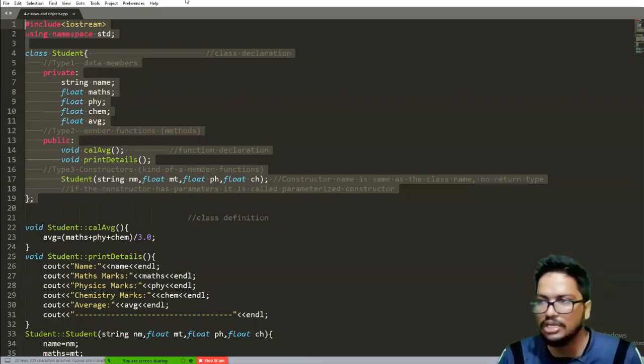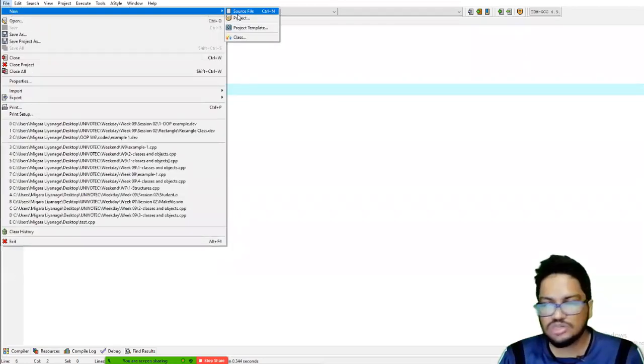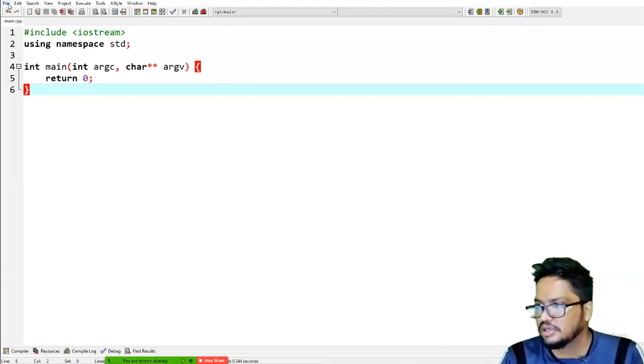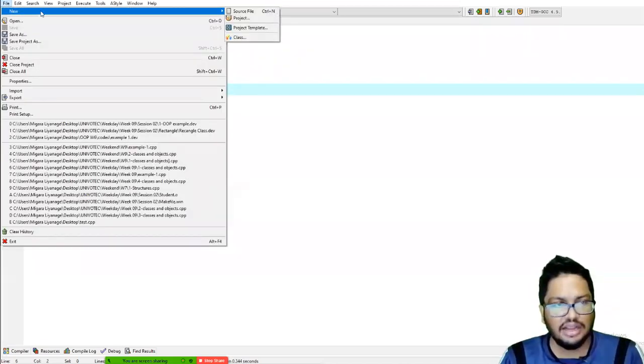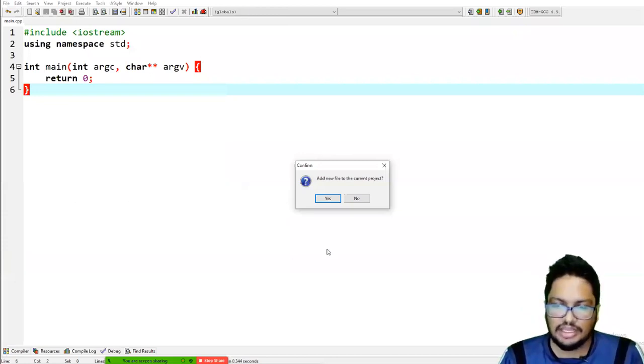Whatever this code, and then get a new source file. You will be getting this kind of a menu where it asks to add the new file to the current project.